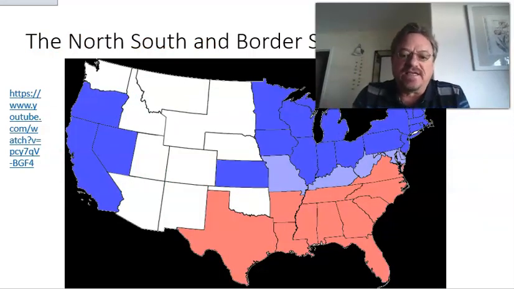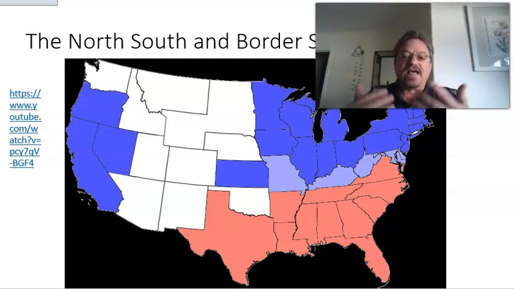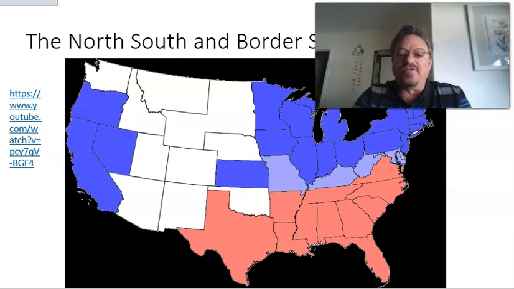Now let's take a look at what the United States was at the time of 1860. This is the election process. All the blues are northern states or western states that went along with Abraham Lincoln and voted for Abraham Lincoln. The light blue states are what's called the border states. They also went with Abraham Lincoln, and eventually they sided with the North or the Union, and they also had slavery in these states. Okay, there's one, two, three, one, two, three, four, five. Yeah, that's right. The fifth one is West Virginia, which separated from Virginia